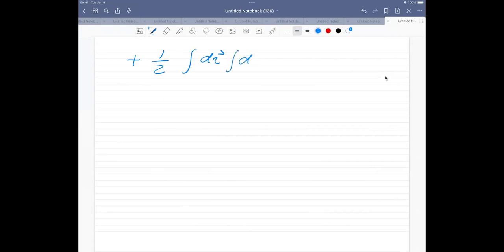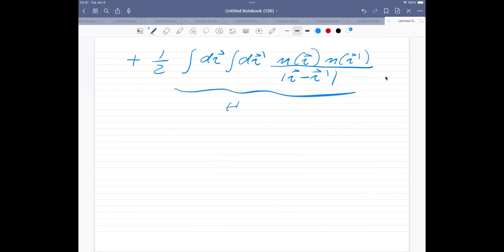And then I have an integral over d of r prime. And then I have the density of one of the particles multiplied with one of the other particle divided by r. So this is a Coulomb interaction case. This is the interaction I'm having. So this is what we called the Hartree term. And you would get this one from the